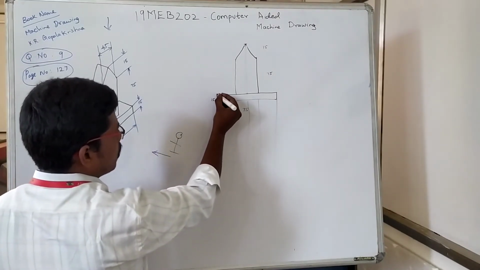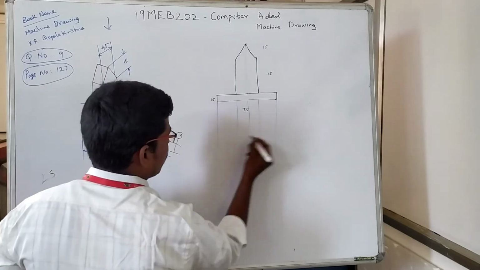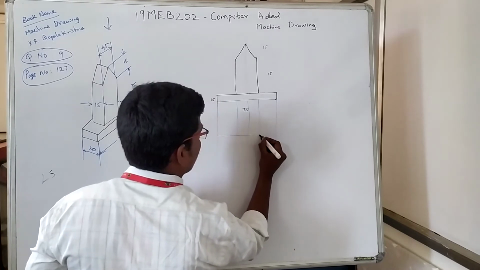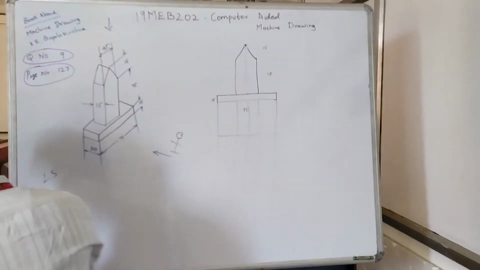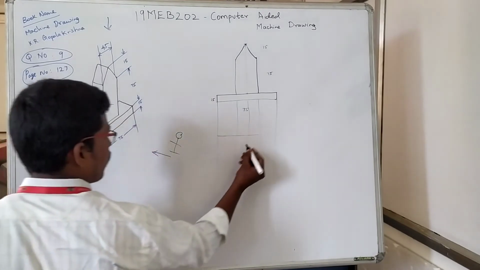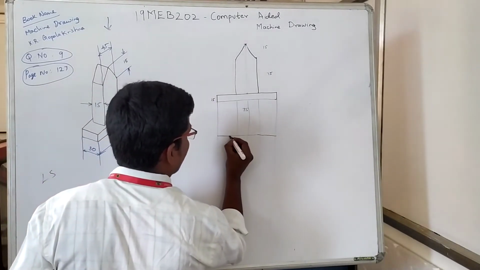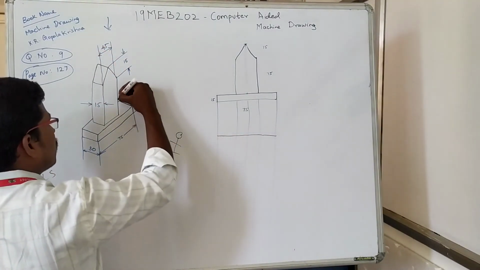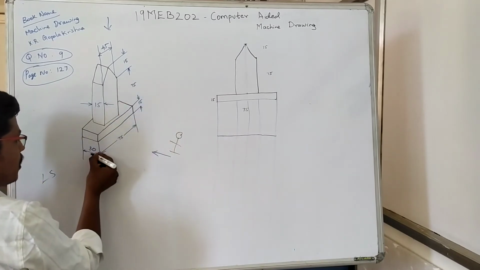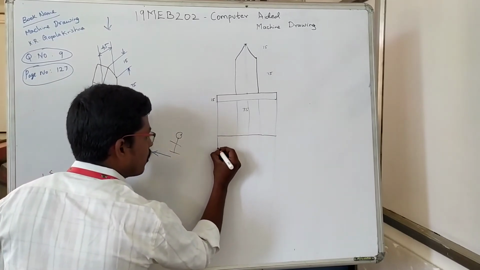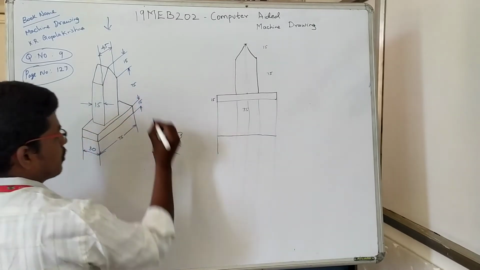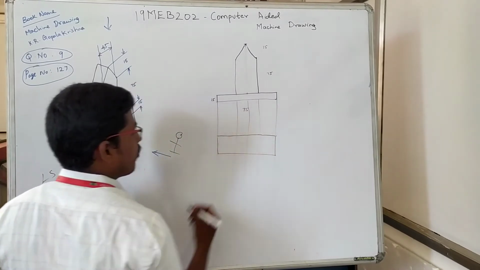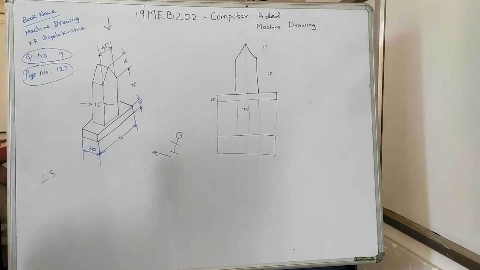As I already know, this front view's length will be the top view's length, hence the straight line will be followed. A complete straight line. This is the straight line I can view from the top, and this length is mentioned here, 30 millimeter. So 30 millimeter line. Again, this is a straight line. Again, this is a straight line. So 30 into 75, a rectangular box has been attained.